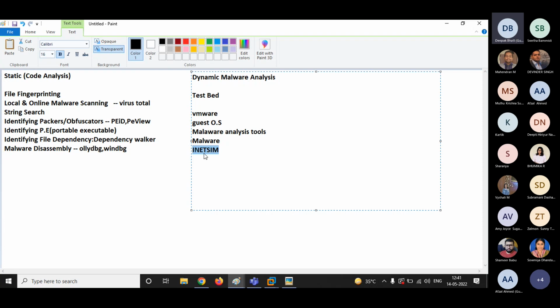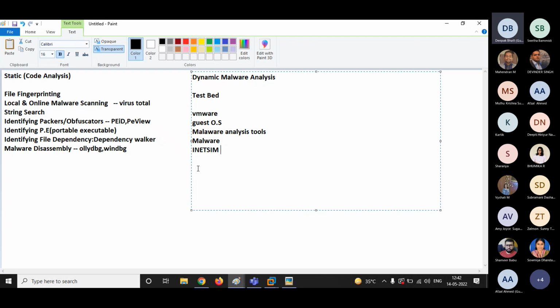Then this malware will try to reach out to the command and control center from where it can download other components. By this approach, you can even find out the exact location of the command and control server also. So this is why we use INetSim. Always remember INetSim is an internet simulator. Am I clear?